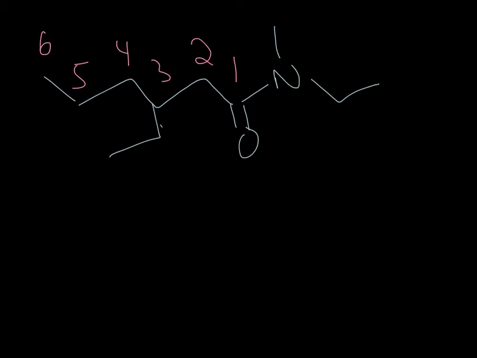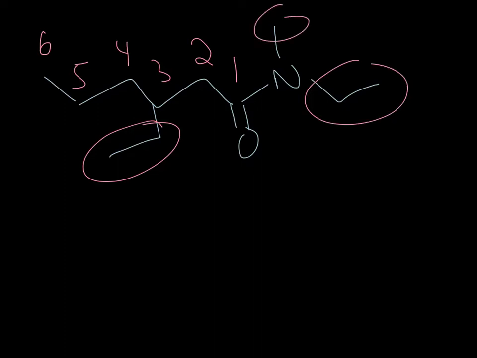We've got an ethyl group and a methyl group. And so I will alphabetize those substituents, so E comes before M, so the ethyls will become first. And when you have two locants and one of them is a nitrogen, the N will come first. So this will be